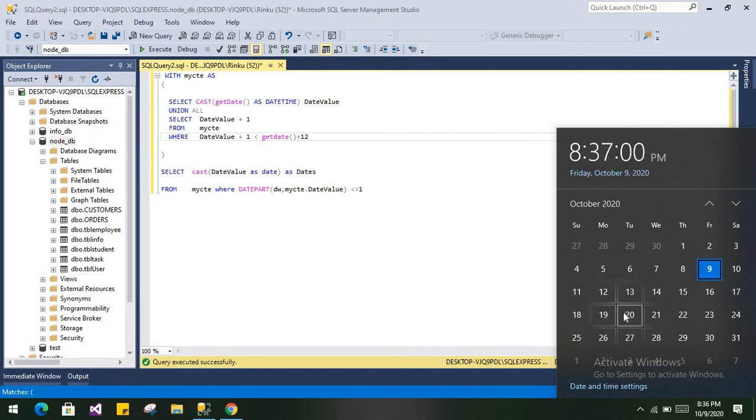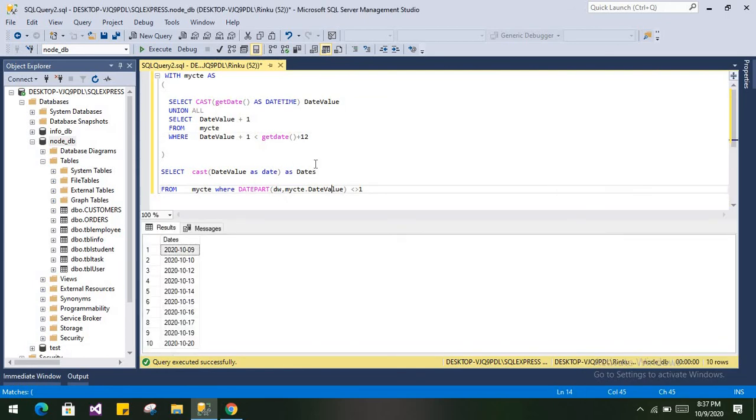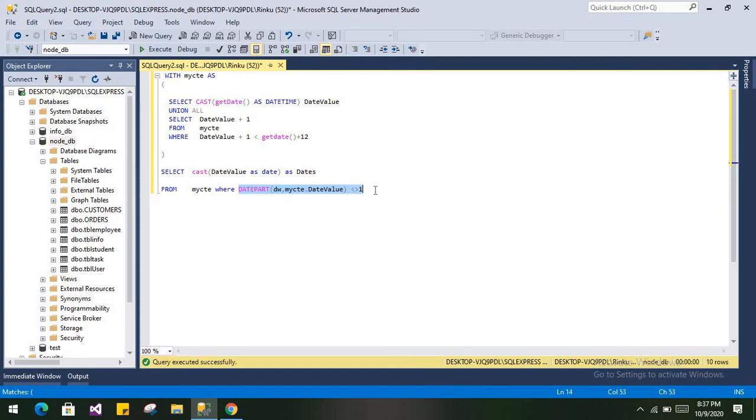But it will exclude the Sundays, which are the 11th and 18th. So if you execute it, you will get the list of dates like 9, 10, with 11 excluded, because we set the condition that the date part value should not be equal to 1. 1 means it is Sunday.